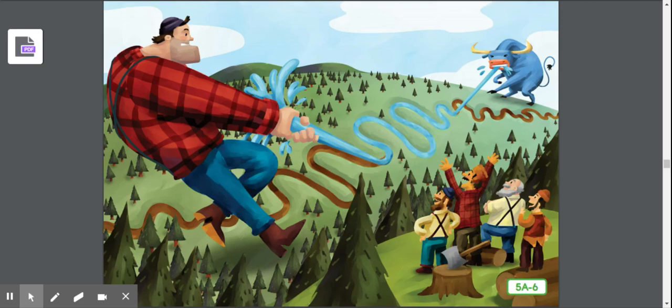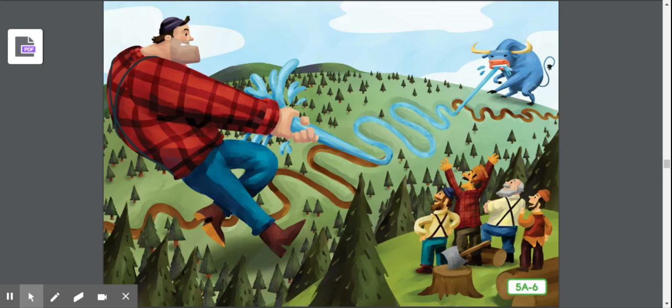handle. Of course, this tightening operation left the river a good deal longer than it had been before, and there was a lot of extra water lying around. Paul and Babe worked together to dig 5 big holes to hold all the extra water. And nowadays, these are called the Great Lakes. Again, did Paul Bunyan actually create the Great Lakes? This is definitely another example of exaggeration.